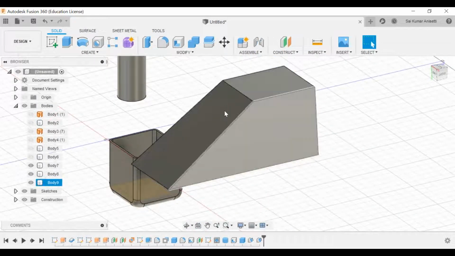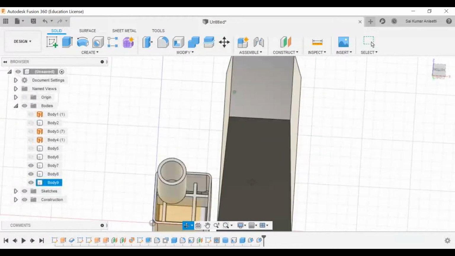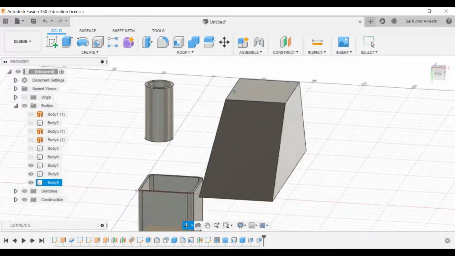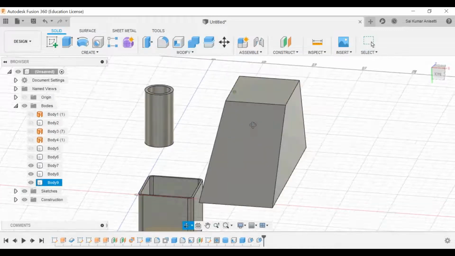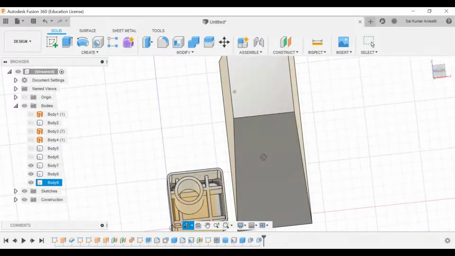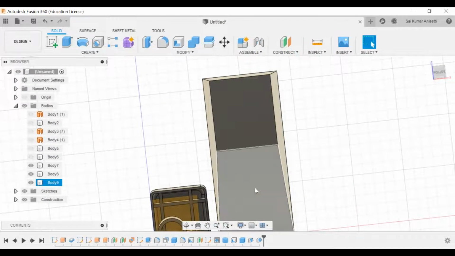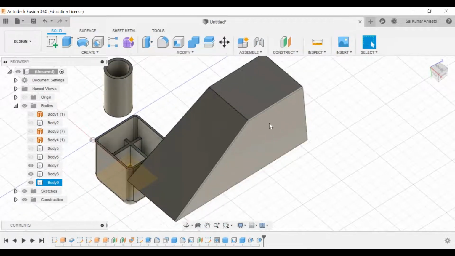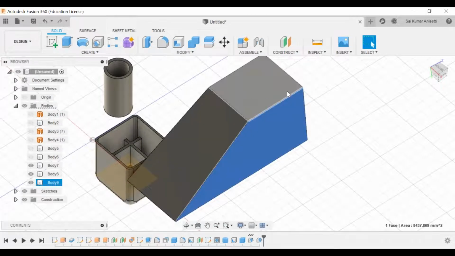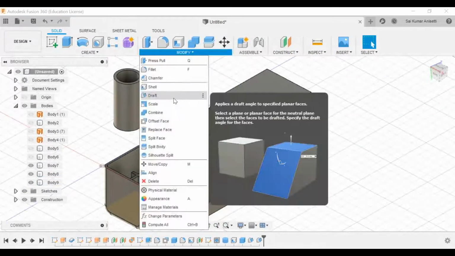In your examination exercises, they will show this kind of operations, this kind of figures, that will have draft on two sides, and you also have to model this. So if you don't understand how to give draft, and you don't have knowledge of draft, then this kind of figure is really hard to draw. This kind of top view is only possible if you give draft. Without using the draft command, this figure is impossible to draw. Otherwise you need to draw surfaces 1, 2, 3, 4, 5, and all the surfaces and everything. That is how you have to use the draft command.